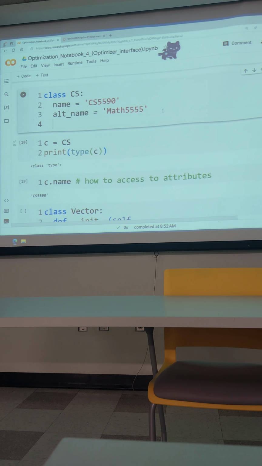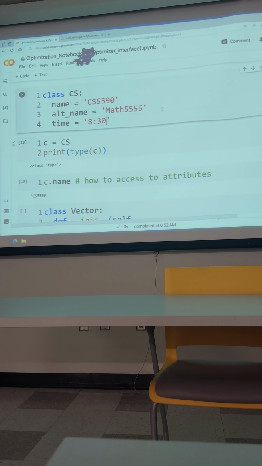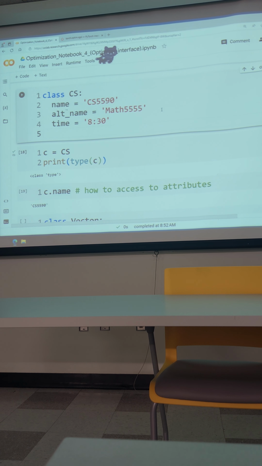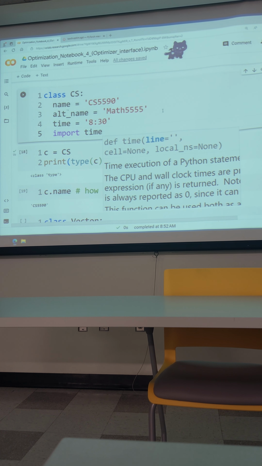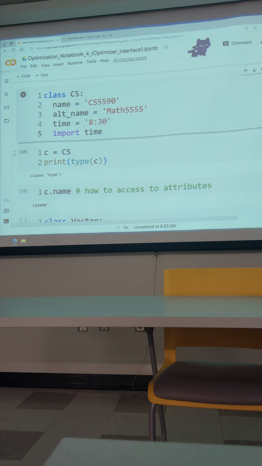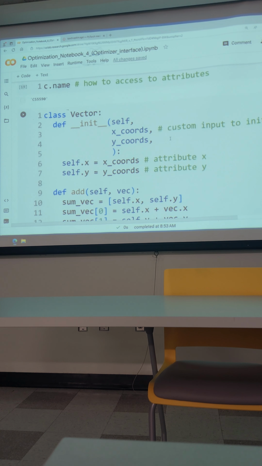So for example, you can add other things, like time equals 8:30, and you can even load a function here, for example, import time. You can even do this. So basically, within this class, you can do whatever you like. Python does not give me any error, but there is a tradition